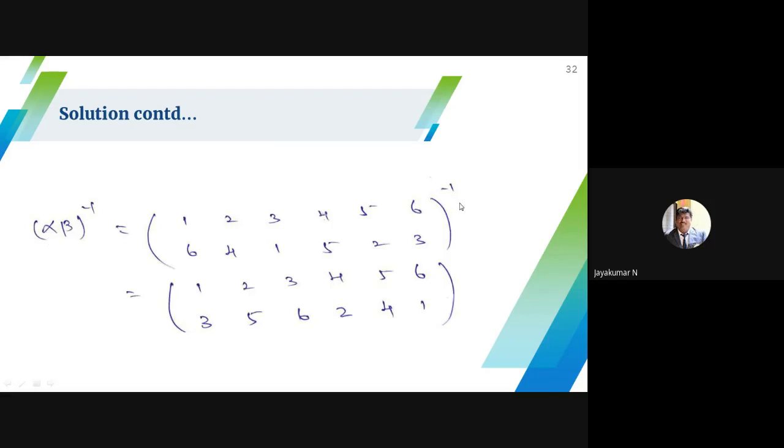One thing I will inform you. Please listen carefully. In this problem, suppose you use left to right for composition. Then everywhere you have to use left to right. Suppose in finding alpha beta I use left to right, and in finding beta alpha I use right to left. That is wrong.